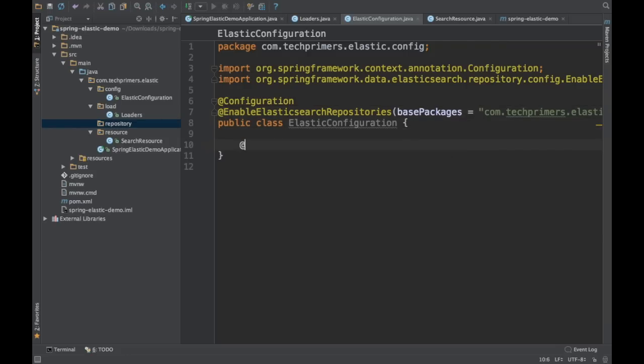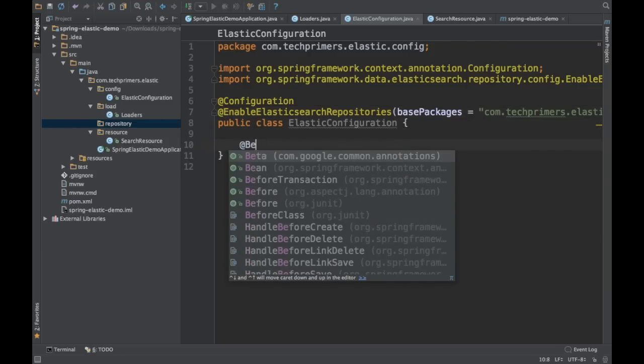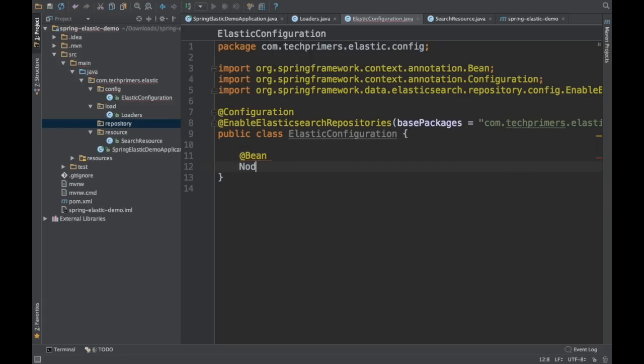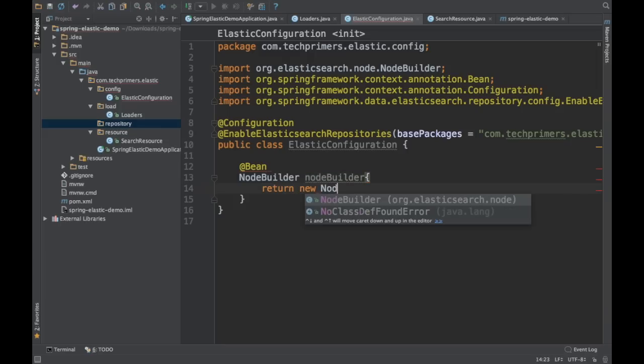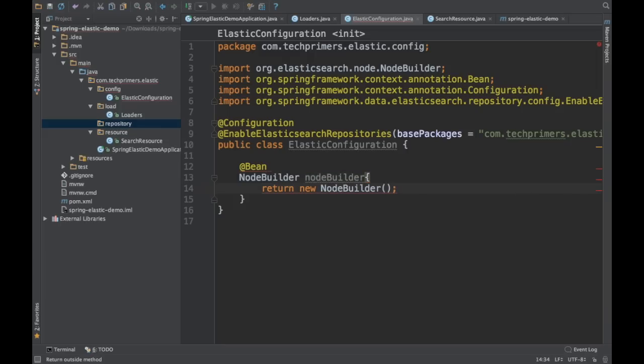This is going to scan through the files under the repository folder and create a repository for Elasticsearch. Once that is done, we need a bean for node builder. Node builder is something which Elasticsearch provides, which Spring Data provides. We are just going to create that node builder bean. Why is it going in error? I didn't give the open and close brackets. Okay, so now the next one would be the